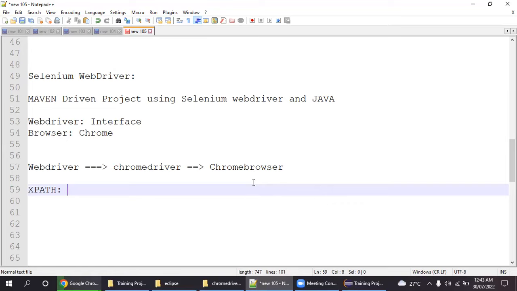But if you have to tell someone, go to the kitchen and pick some cookies, and he or she is not aware of where the cookies are, you can tell some relative things, like, hey man, go to the kitchen and you can